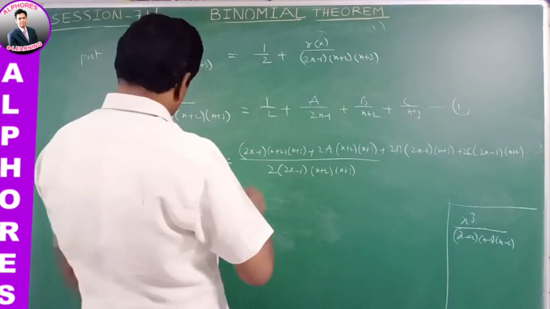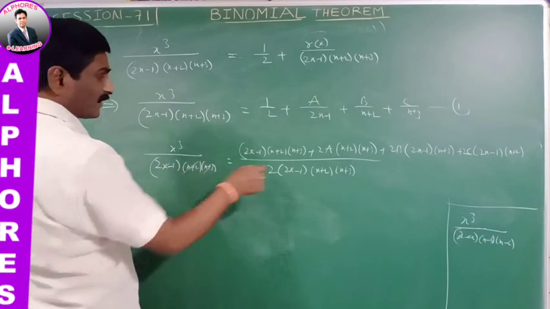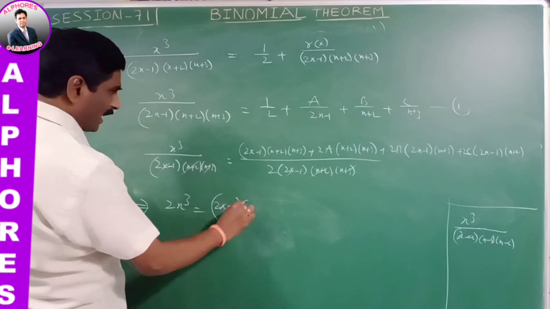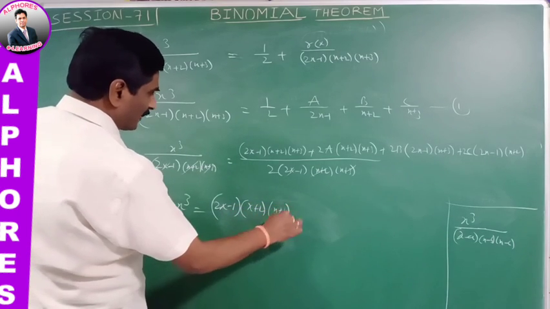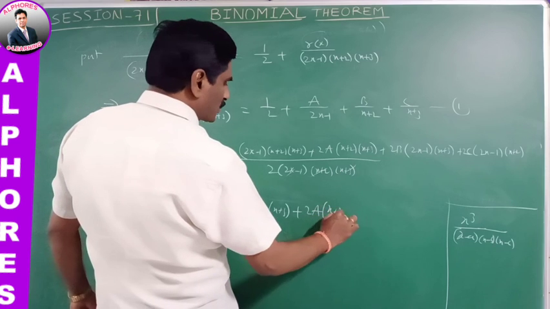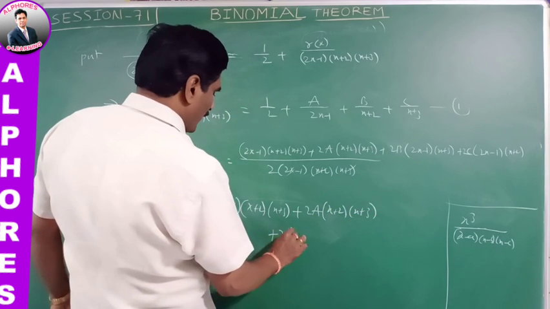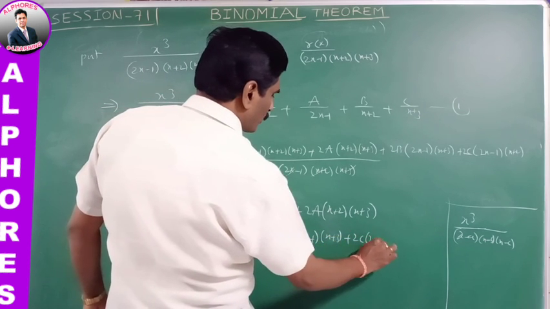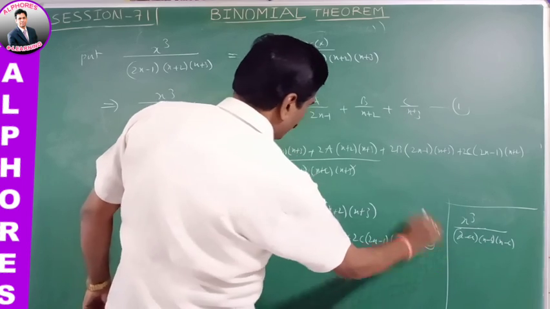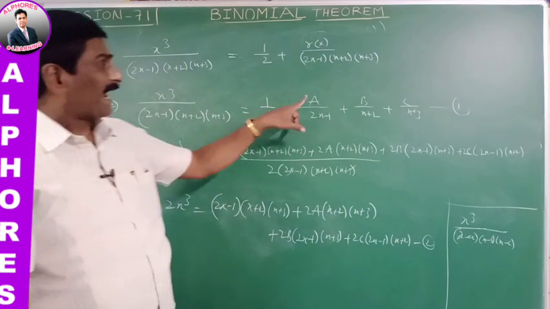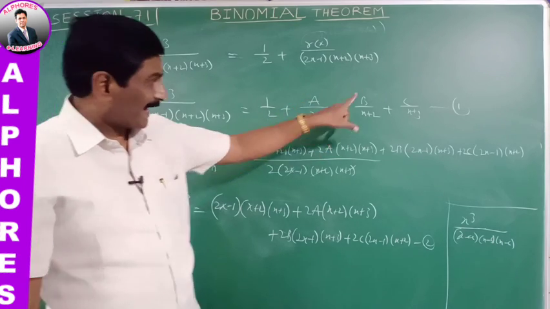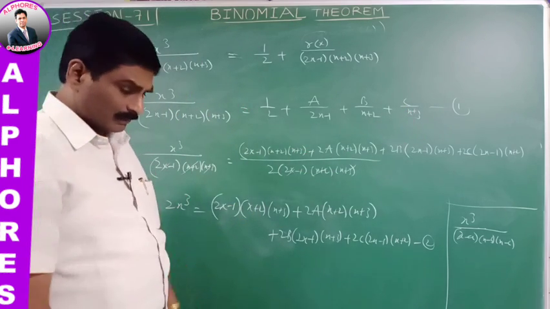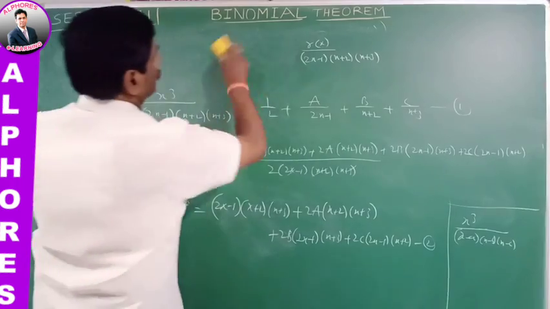By eliminating the denominator terms, these are cancelled. After cross multiplication, it can be reduced to 2x cube is equal to 2x minus 1 into x plus 2 into x plus 3, plus 2A into x plus 2 into x plus 3, plus 2B into 2x minus 1 into x plus 3, plus 2C into 2x minus 1 into x plus 2. Say this is equation number 2. For getting A, put x equal to 1 by 2 in this equation. For getting B, put x equal to minus 2. Put x equal to minus 3 and we get C. Please write these values.